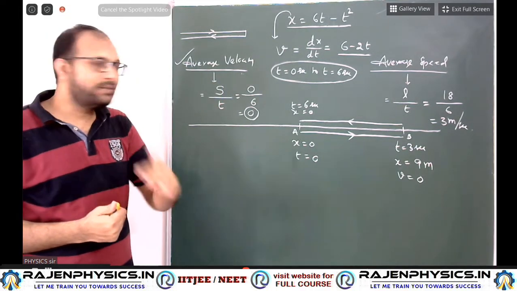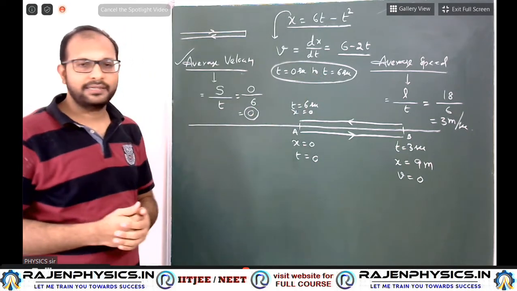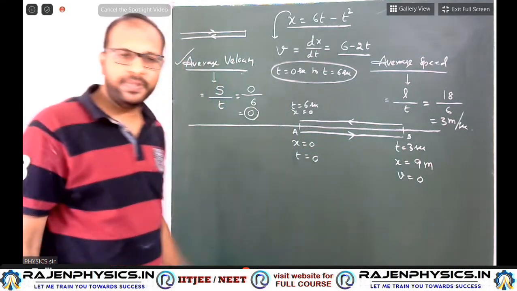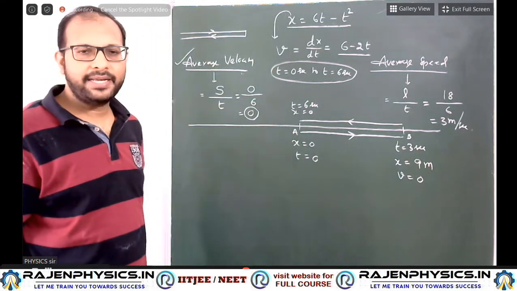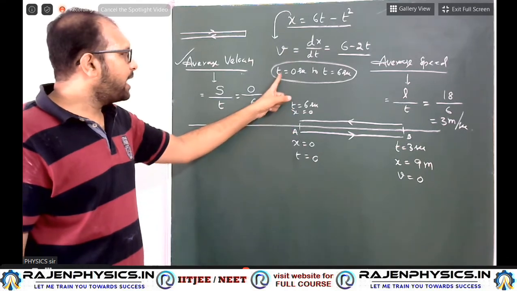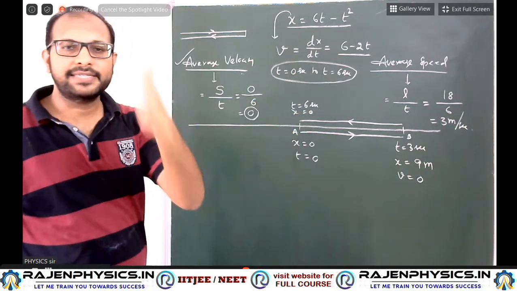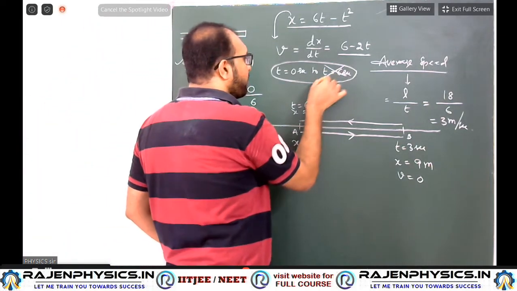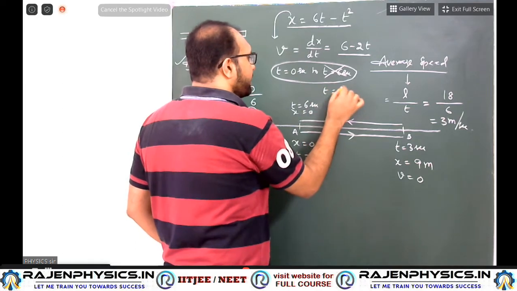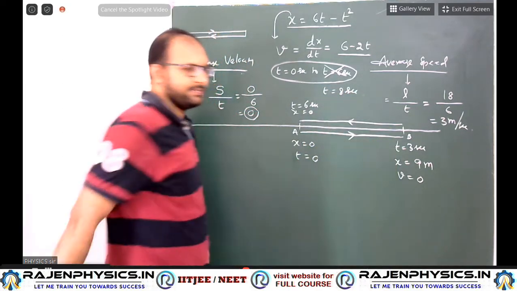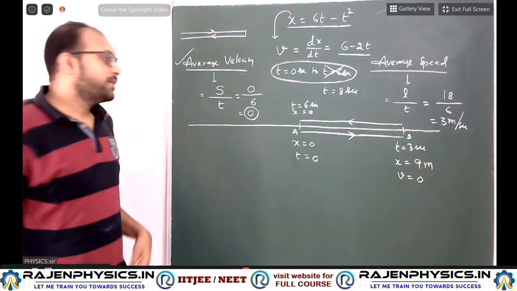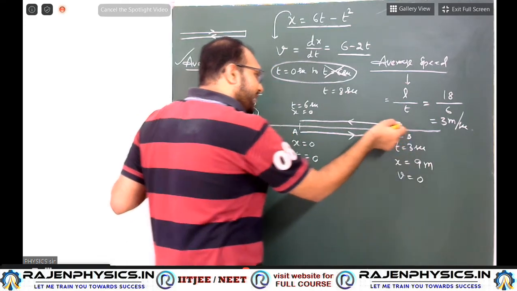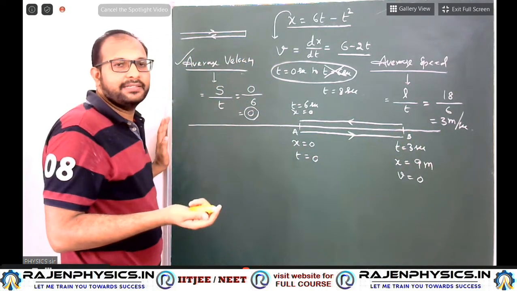Suppose you take not 0 to 6th second but go beyond, suppose I take the 8th second, just wait. So is this problem clear? Please take a screenshot one time. Right. t equal to 0 to t equal to 6th second is completed. Same question, now I am changing. Suppose t equal to 0 to t equal to 8 seconds. Now from t equal to 0 to 3 is the forward journey, 3 to 8 is the reverse journey, the return.